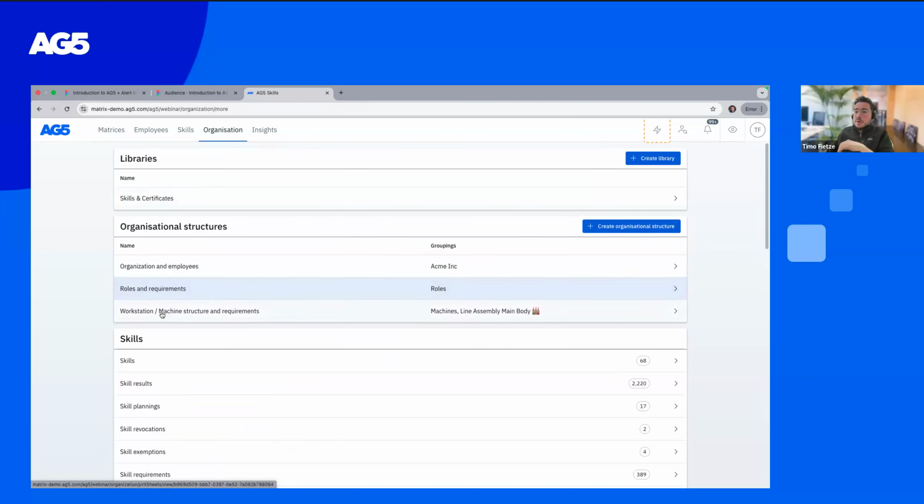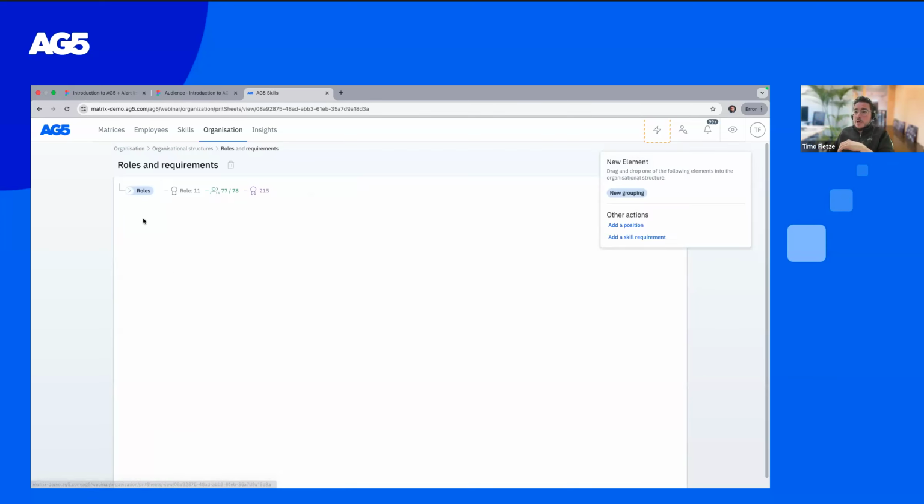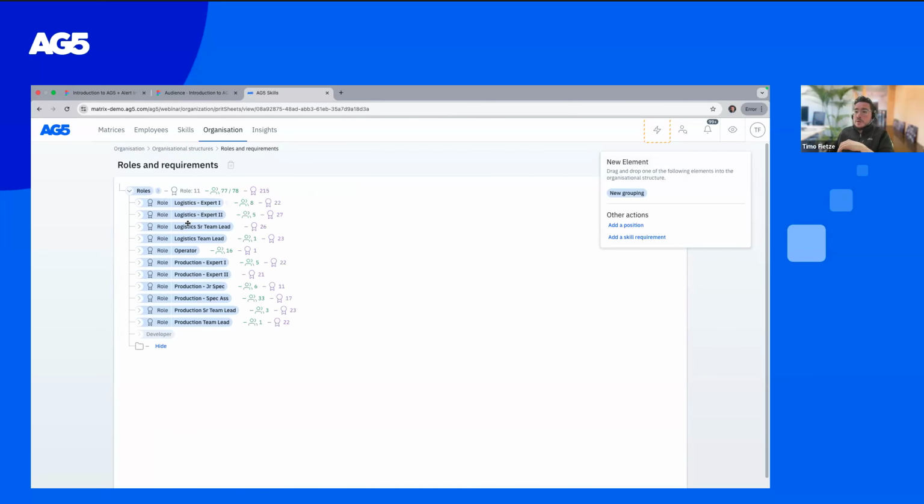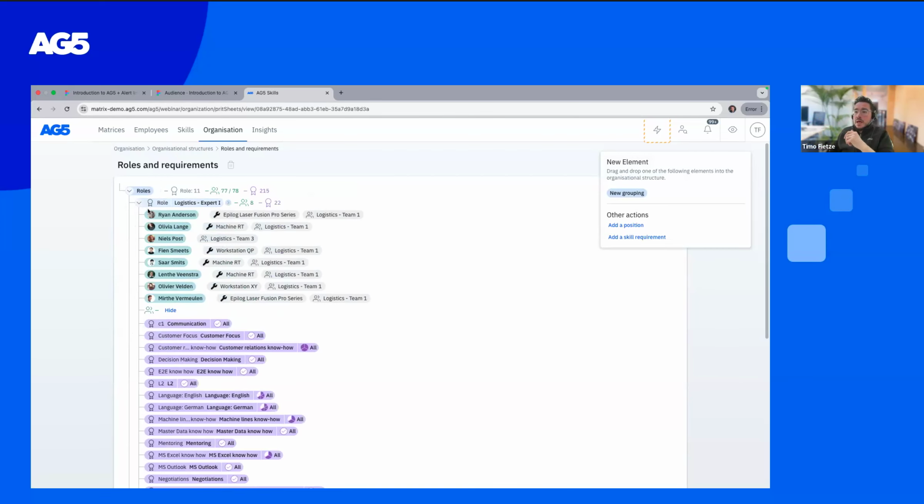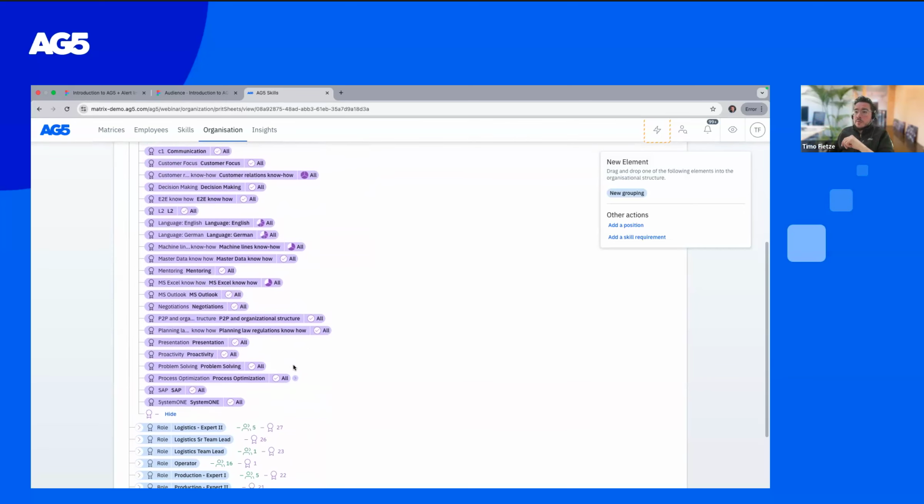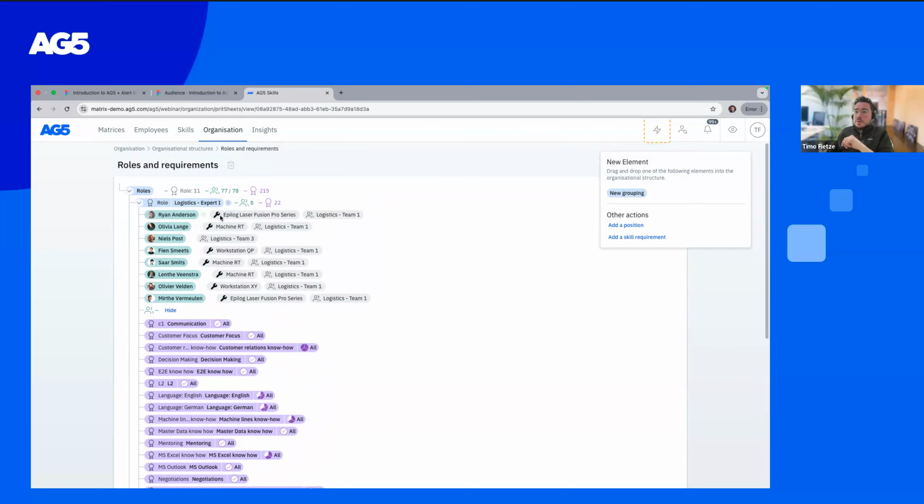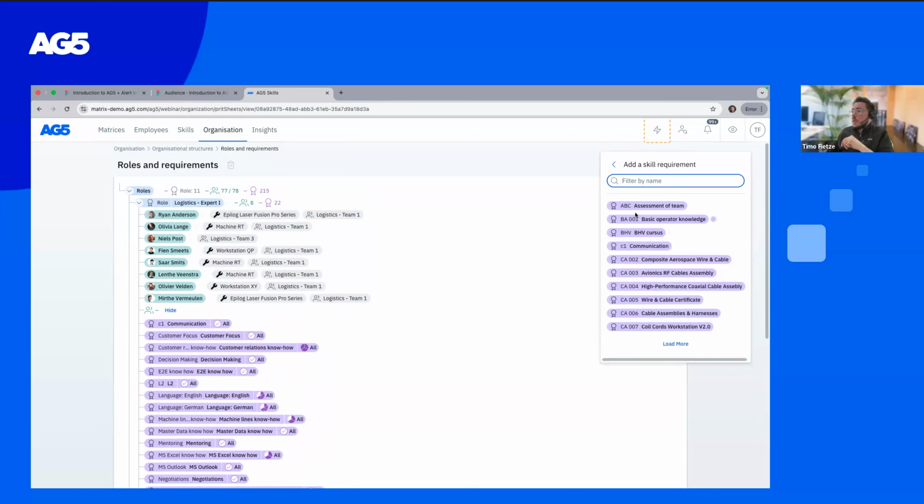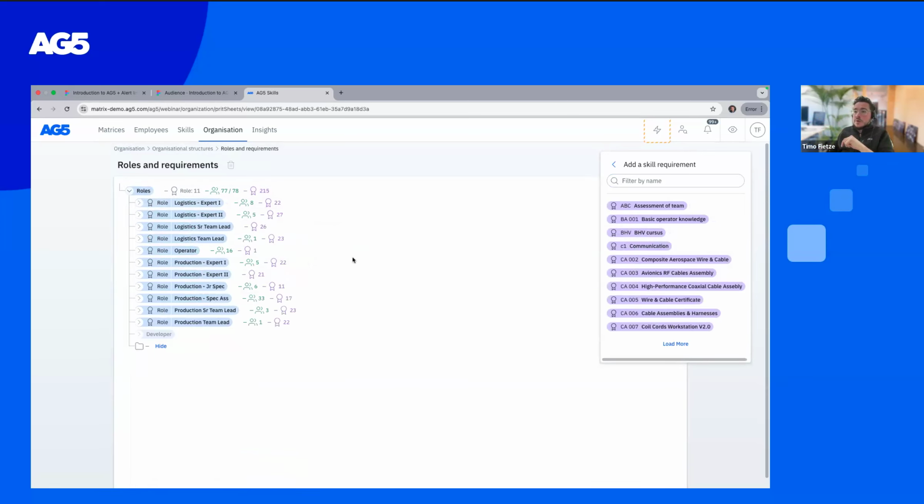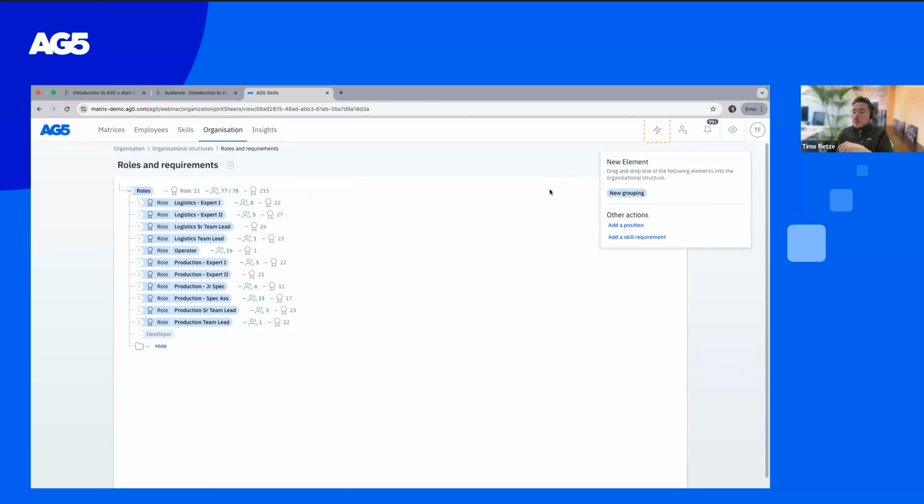So if I then hop back maybe to the roles and requirements, right, we have here our job roles. So if I want to add an additional requirement to all of the logistics expert, I can add this one here and say, hey, they need to know the BHV course, just dragging and dropping. And also if I want to add a new job role, right, we've extended, so I can just drag and drop a new grouping in here